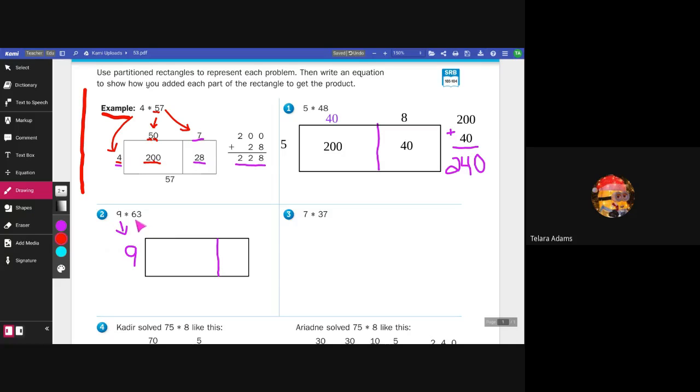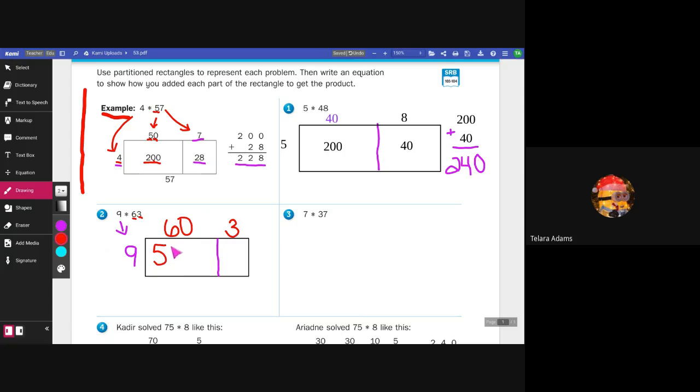Now, when it comes to 63, we're writing down the value of each digit. The value of 6 equals 60, absolutely. And the value of 3? Absolutely 3, because it's in the 1 spot. Now that I have my numbers here, I broke it down. Again, 6 is 60, 3 is 3. Okay, and then 9 times 6 equals